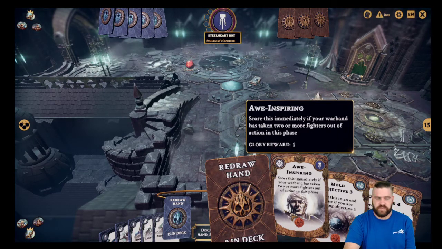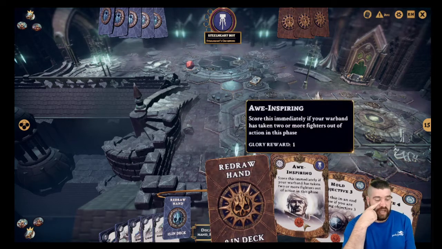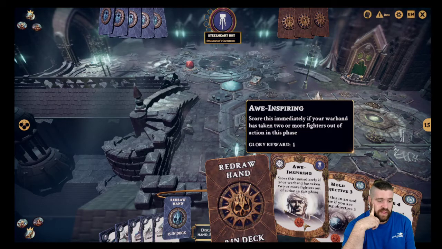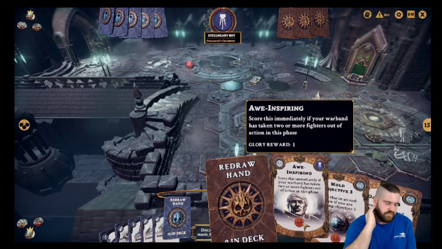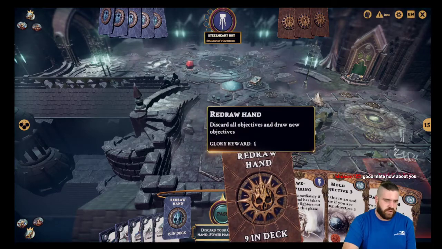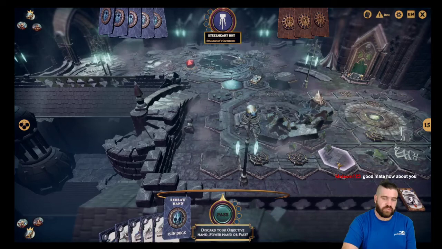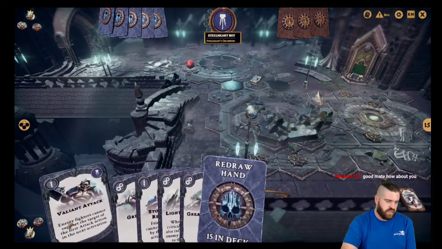I don't know really. I think I'm going to redraw this because 2 of my objectives are much harder to get. The reason I don't like Awe-Inspiring is because there are only 3 enemy models on their side, and they are pretty tough. So to actually capitalize on that and destroy 2 of them in one turn, in one phase, is very hard. So I'm going to redraw this hand, and hopefully we get a couple of better options. And over here,